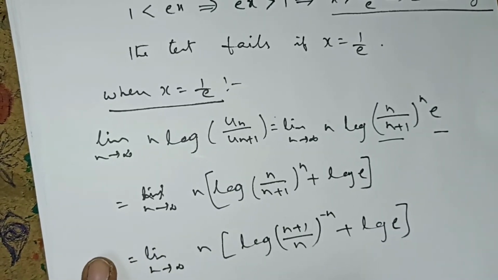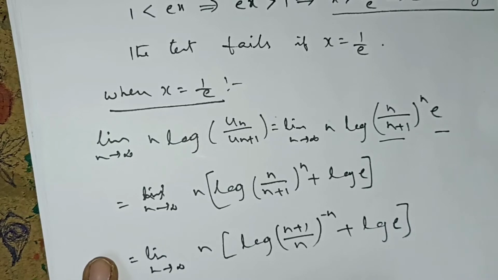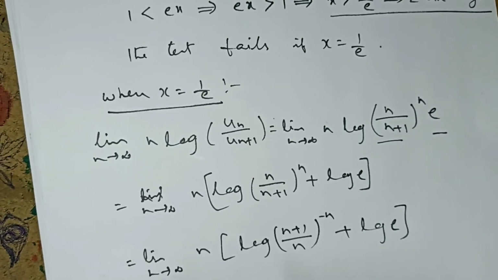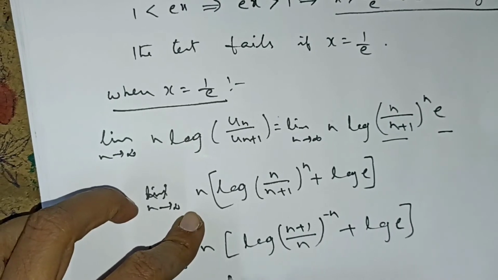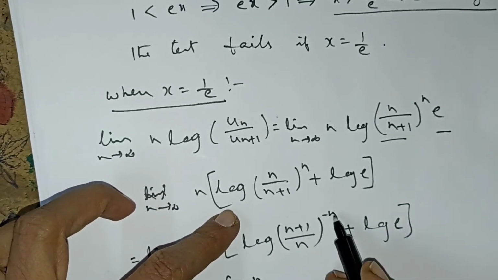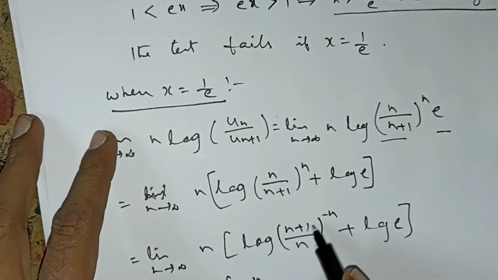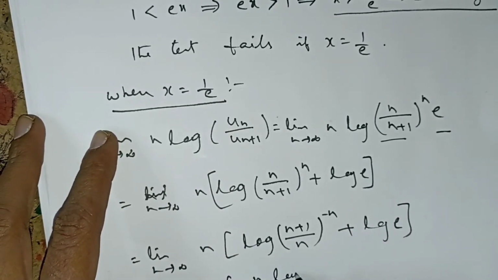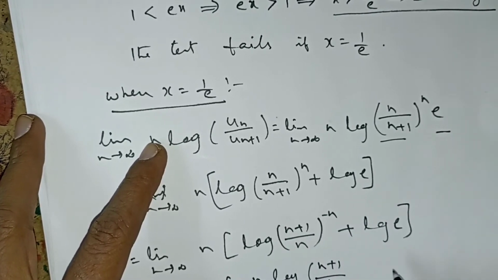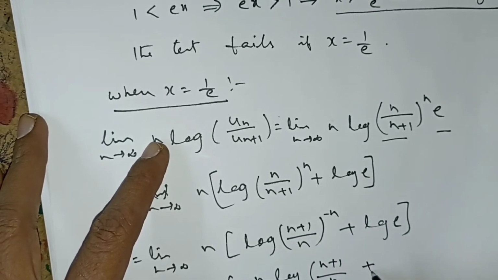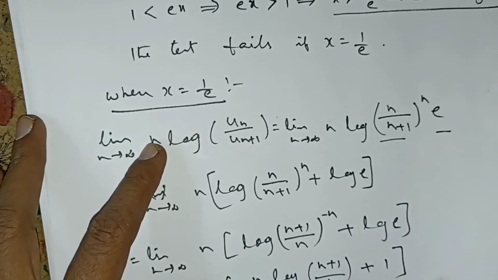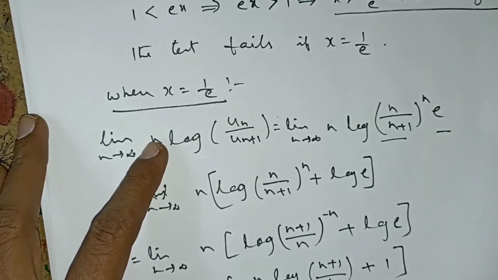I forgot to write. Limit n tends to infinity, n into minus n log m to the power of n. Log m to the power of n is minus n log of n plus 1 by n plus 1. Log e is 1. That is equal to